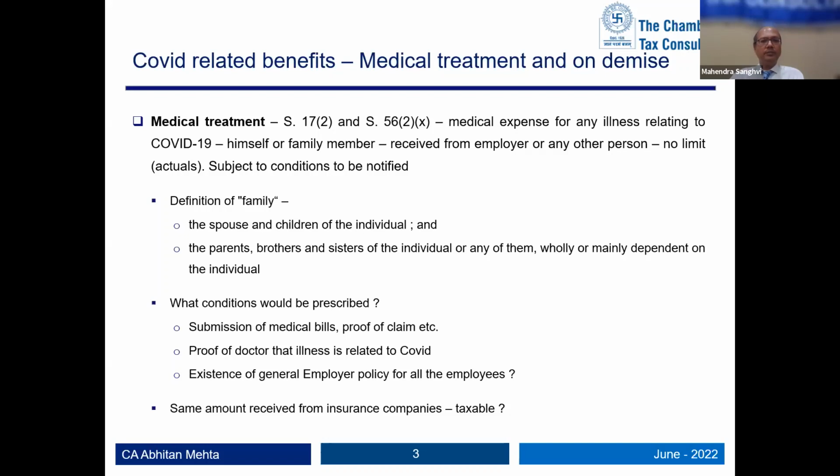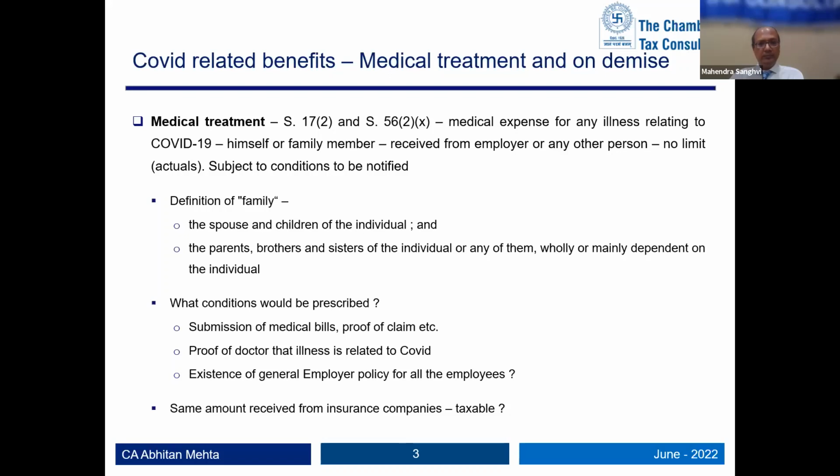But if you want to say extended family, in the era of nuclear family, parents, brothers, sisters come in extended family as per them, and only if they are wholly or mainly dependent on you, then you will get this exemption. If they are not wholly and mainly dependent on you, say your brother is already having a good job and he can look after himself, then this exemption will not come. So how do you define whether a 10,000 job or a 1 lakh job makes him wholly dependent on me or not? It's a gray area. There is a saying that what is a necessity for a princess may be a luxury for a common man. So you don't know what is wholly or mainly dependent on you.